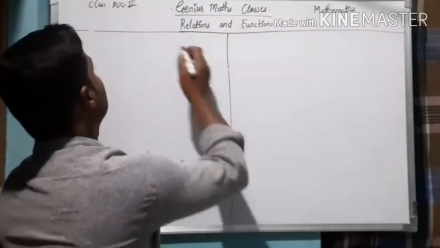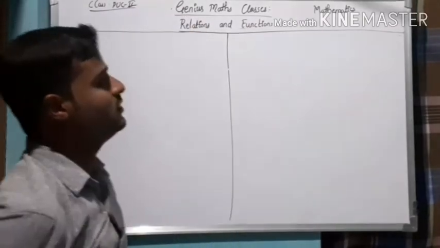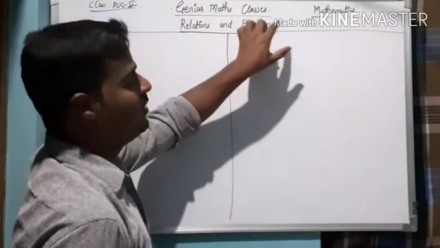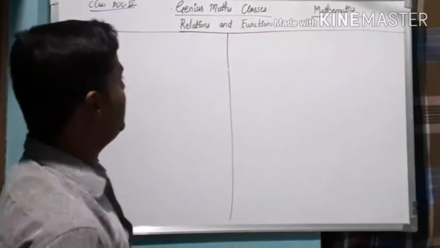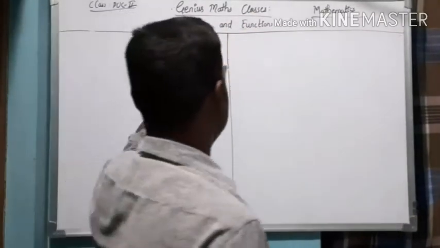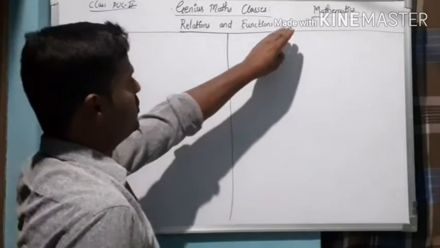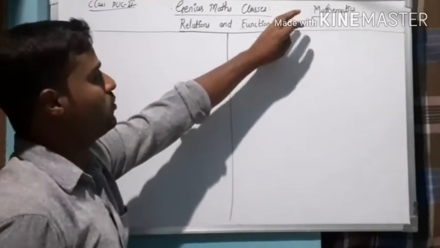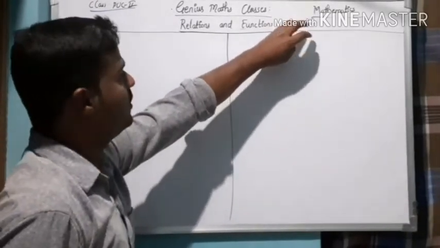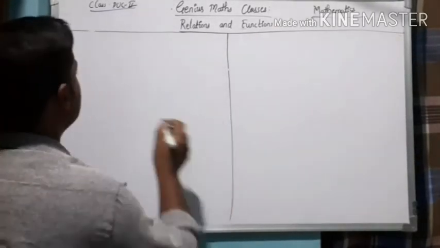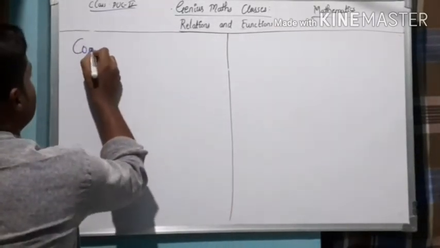We are in class PUC second year, subject mathematics, and the chapter is relations and functions. Till today we have discussed the basic concepts like relations and types of functions. In the previous class we discussed about the functions: one-one, onto function and bijective function. In this class I am going to discuss about composition of function,